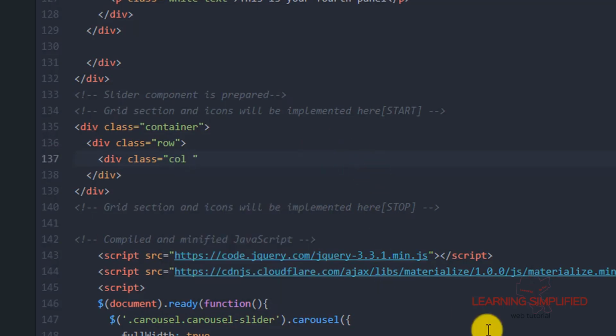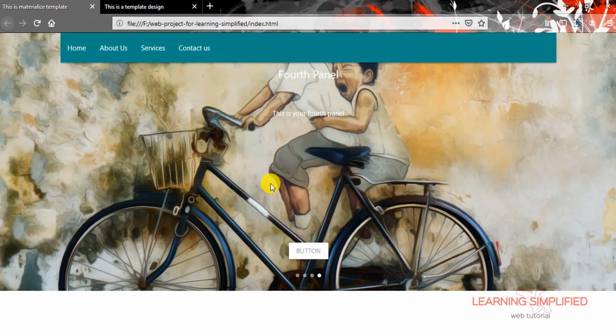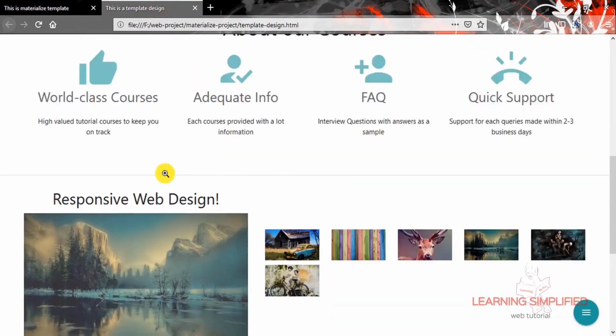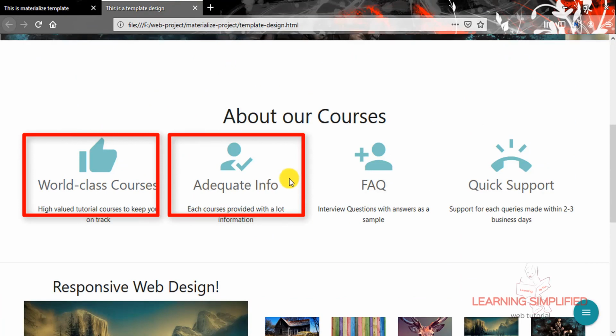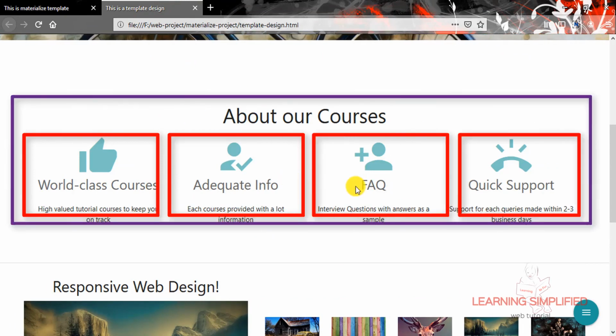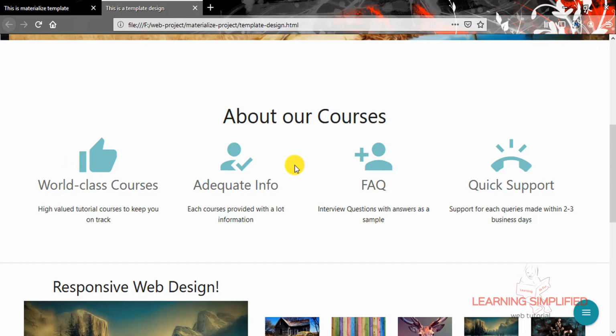We are practically about to create 4 grids sidewise. That means we'll be needing 4 columns sidewise. So that is why we have to break this total 12 column grid into 4 parts. That means each will be 3 columns wide.